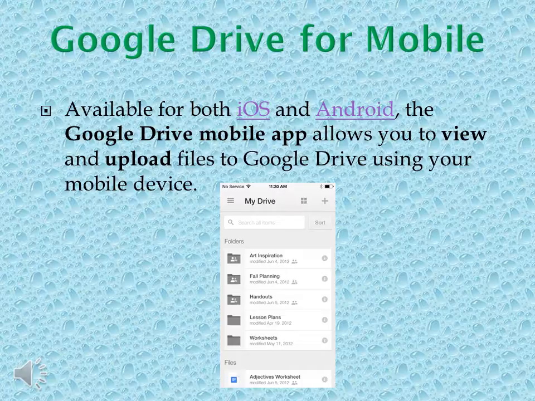Why don't you right now, whether you have an iOS device, which is an iPhone or an iPad, check and see if you have Google Drive on there. If you don't, then go to the App Store, type in Google Drive, and download it. For Android, check your apps to see if it's already on there. If it isn't, go to the Play Store and download Google Drive. Go ahead and give that a try right now. And don't forget to sign in, because if you don't sign into your account, you won't be able to do anything with it. So it's really important that you go ahead and write down that password and that username or your Gmail. That way you're able to get in.